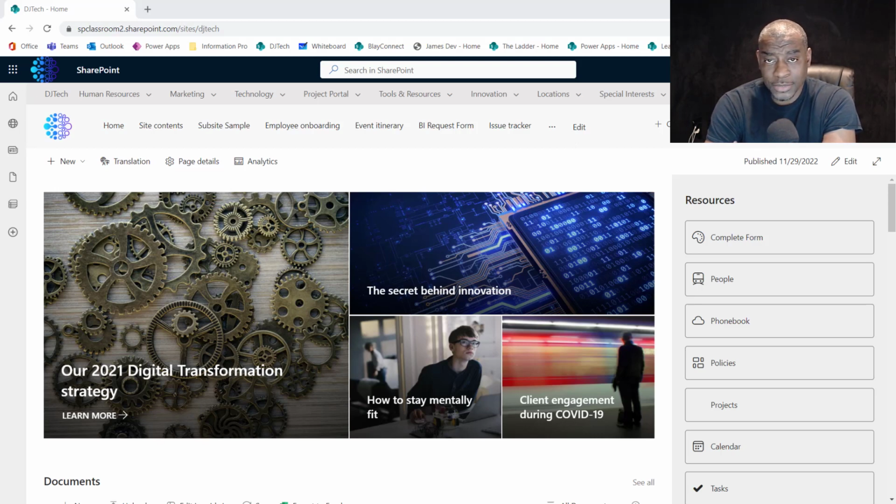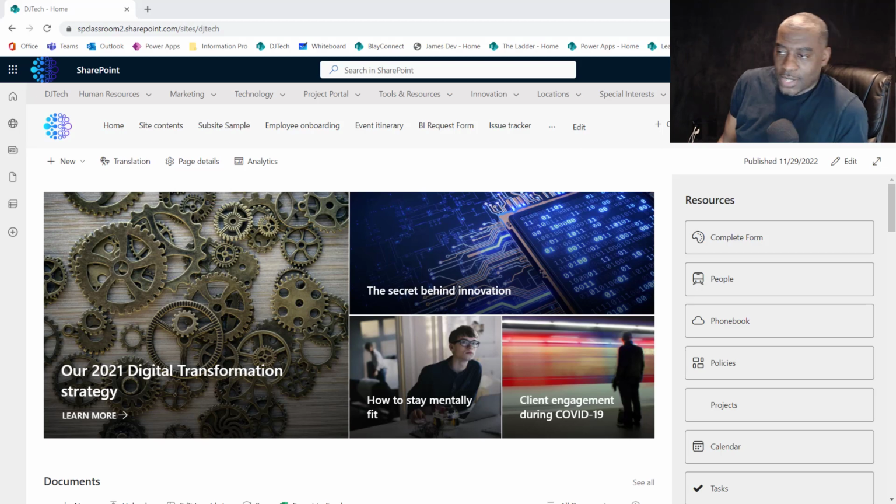So with ChatGPT, the biggest question is how do you enhance your modern SharePoint intranet? And that's what I want to cover here. I've been playing around with this, and actually it just sparked me today. Like, wow, that would be very, very interesting. I'm actually looking at it in a different business scenario, but for